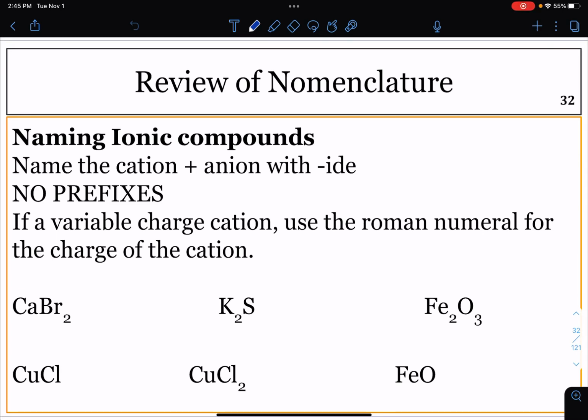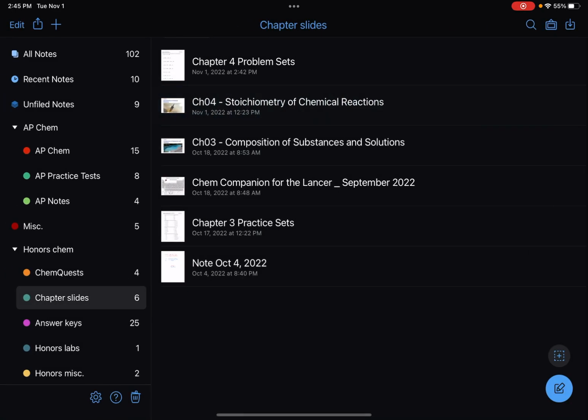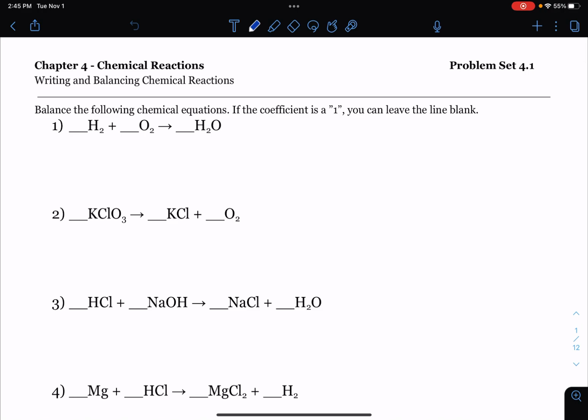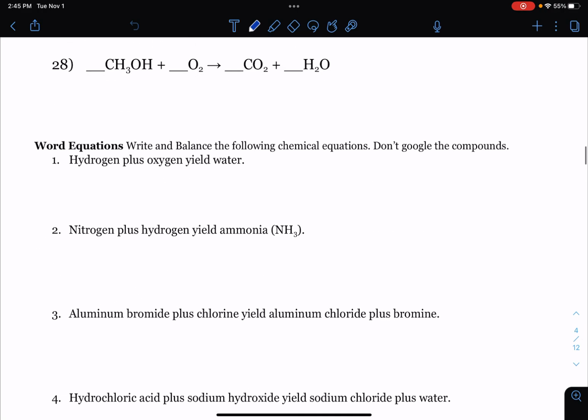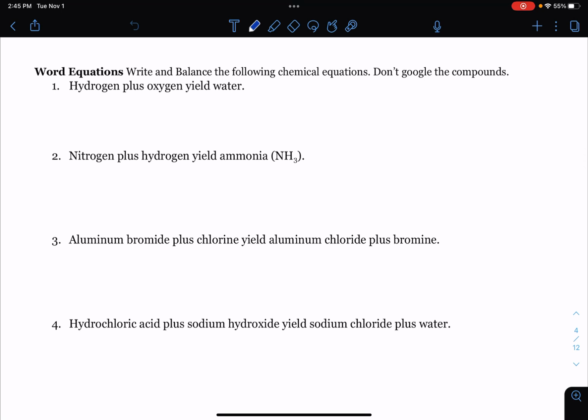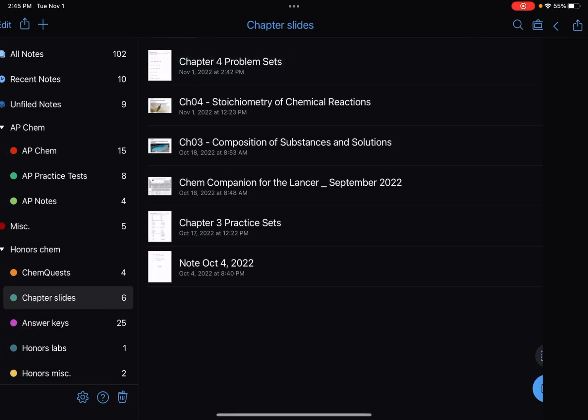In this video, we continue our lesson on 4.1 with balancing chemical reactions. If you go to the problem set for 4.1 and move down to about halfway through the third page, we have word equations. This is still part of 4.1, and we need to learn how to turn these word equations into balanced chemical reactions. If you go to your periodic table,